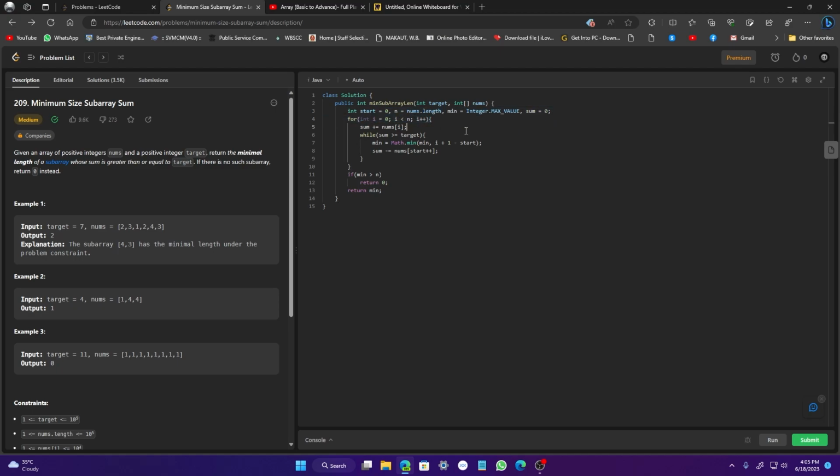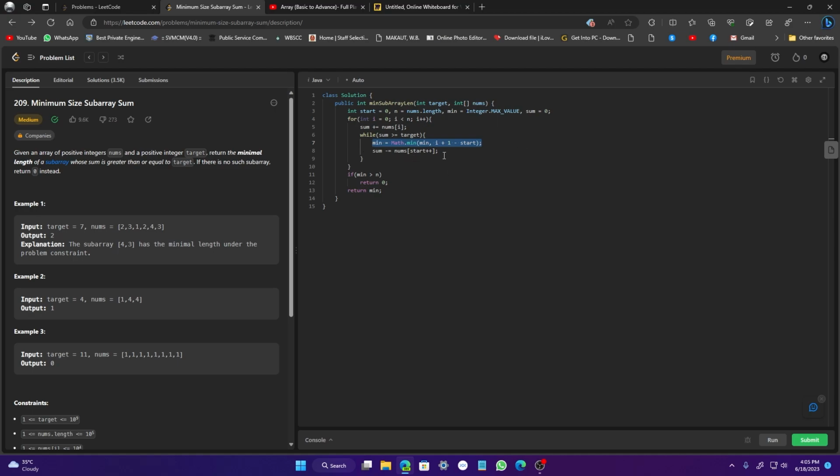We have run a for loop where we are adding every element to the sum, and we are checking if the sum is greater than target, then it means we can find a length that is a subarray,